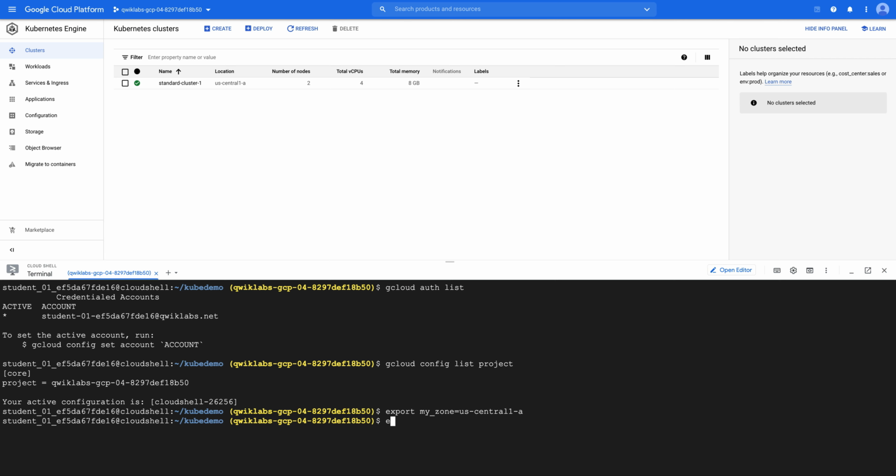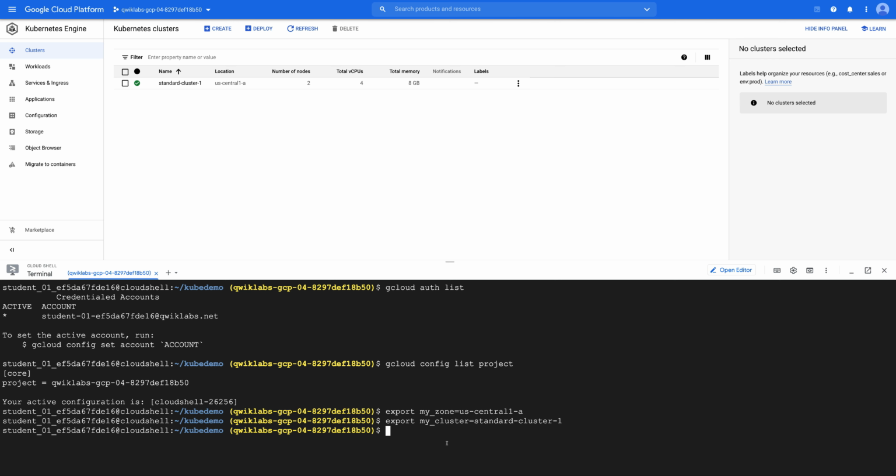And then I'm also going to export my cluster name, and my cluster name is standard-cluster-1.